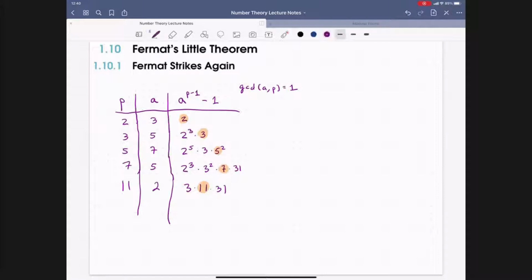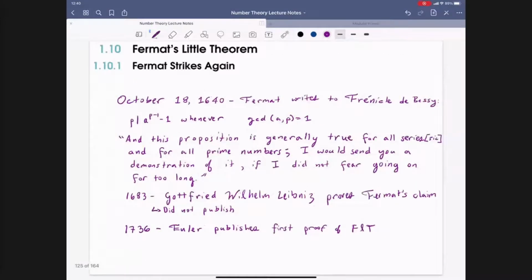And so this led Fermat to make the following conjecture. If the GCD of A and P is 1, then P divides A to the P minus 1 minus 1. That's what Fermat wrote down, and this is what has come to be known as Fermat's little theorem. Now, as I mentioned, Fermat did not prove this. The timeline actually goes back to 1640. And while it appeared as one of his marginal notes,